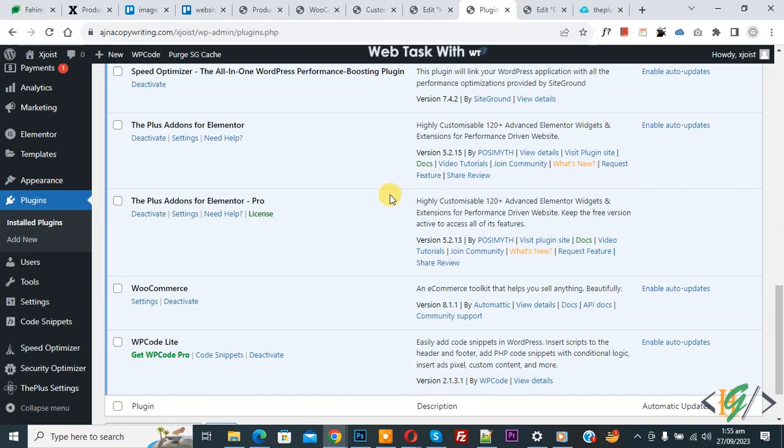Bismillahirrahmanirrahim. Assalamu alaikum. My name is Hassan and today we are going to reorder column layout in mobile view in